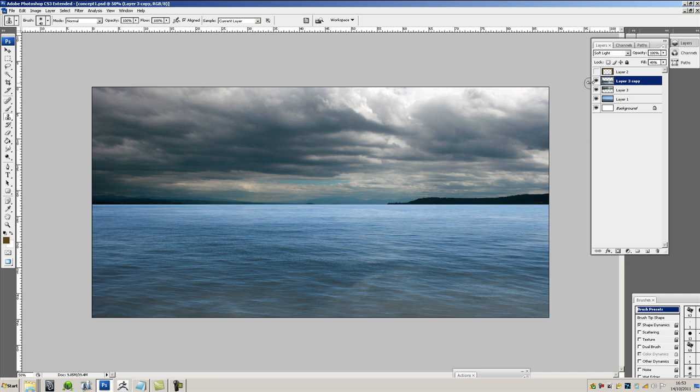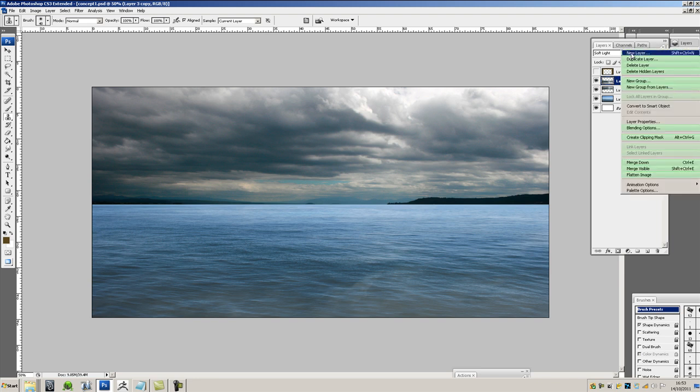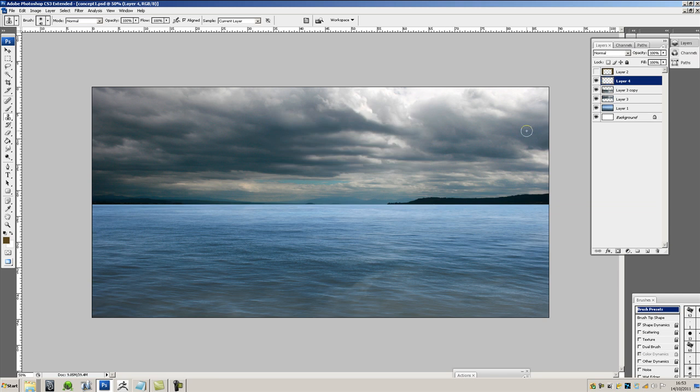Okay, so that's good. It's just added a second level of kind of detail across it, but you might notice it doesn't really fade back nicely. So I'm going to add another layer on top of this, and I'm going to use my gradient tool